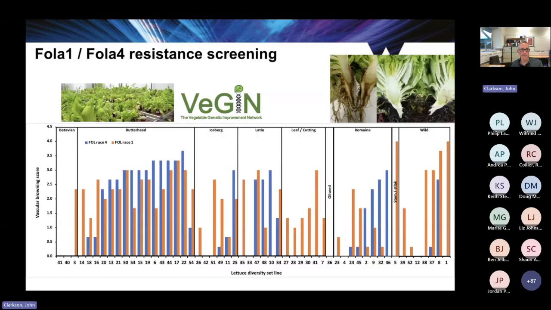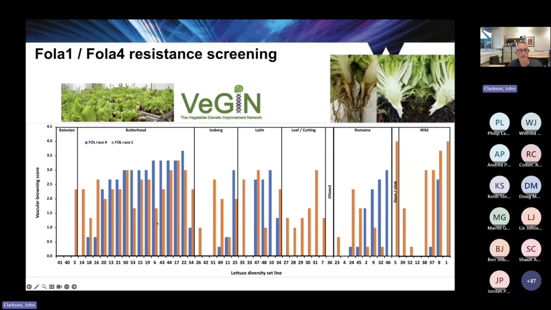So here's some example then of results from our race 1 and race 4 resistance screening. There's around 90 odd accessions here, lettuce accessions along the bottom axis there. And you can see the vascular browning score, so the severity of the disease, on the y-axis. So you can see a good range of reactions there and differential reactions for some of these lettuce lines between race 4 and race 1. And I've divided this into different lettuce types, and you can see the butterhead types are on the left-hand side here,